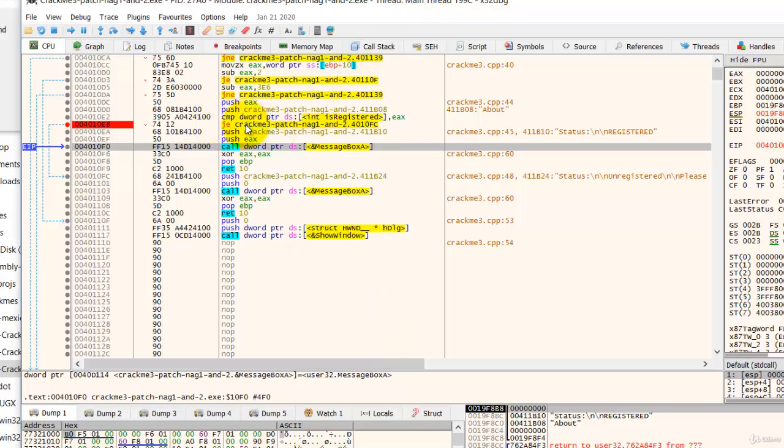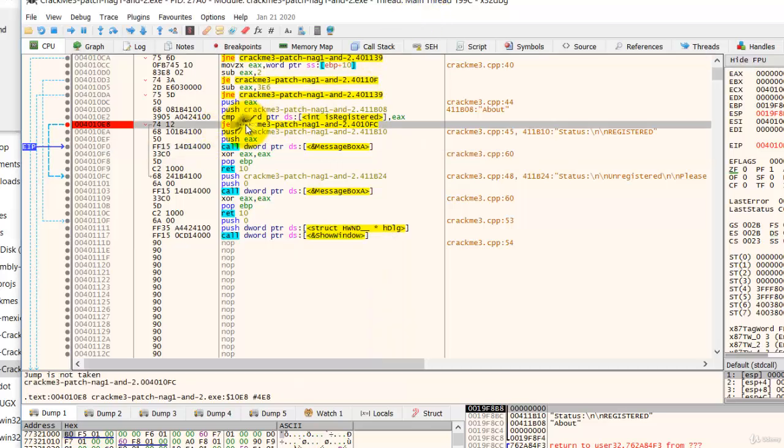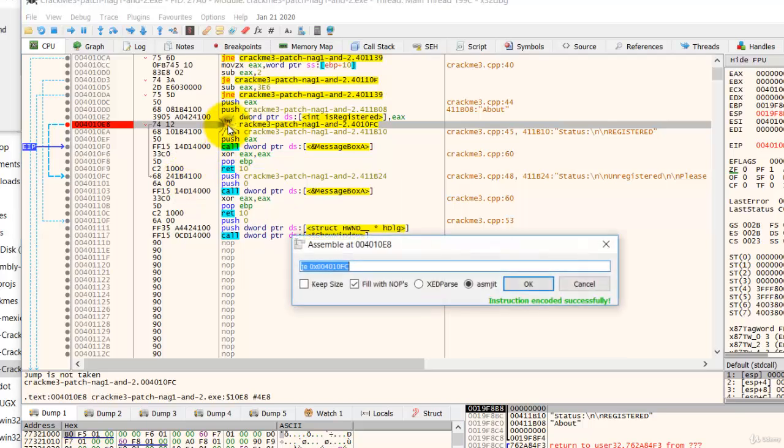Alright, so how do we make this permanent? To make this permanent, we have to no-op this. That's right, we no-op this so that the jump will not be taken. That's what we want. So to no-op this, we just have to double click and type nop,